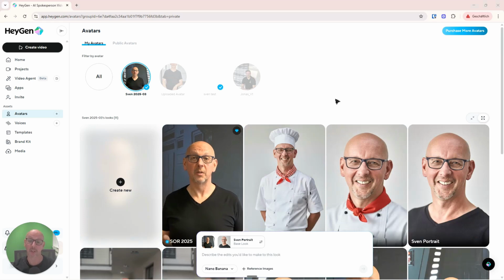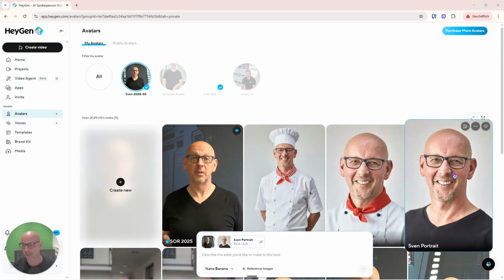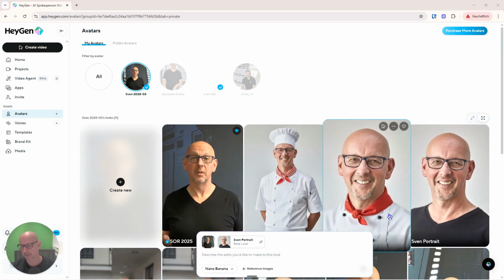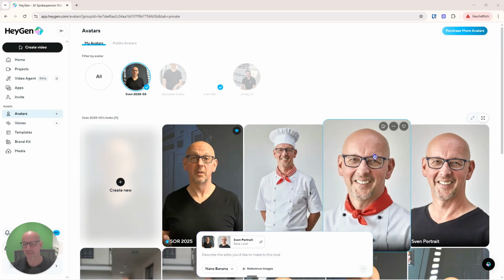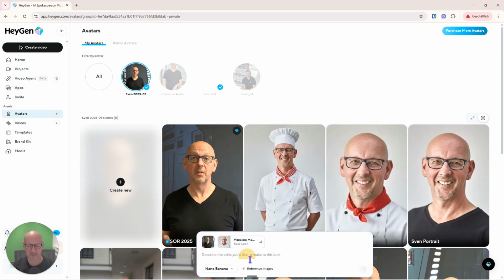It took just under a minute, and now it even gave me 2 versions. So basically it's the same image, just with the clothes swapped out, and in one version it even added a body. And I really don't like this silly chef's hat. That's why I'm going to take this one here. And now I just realized, well, I could change it even further. For example, I could also say,